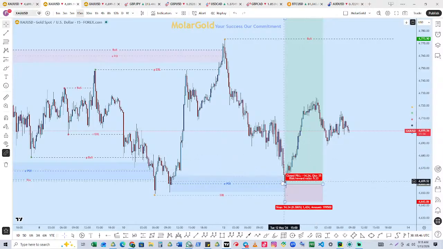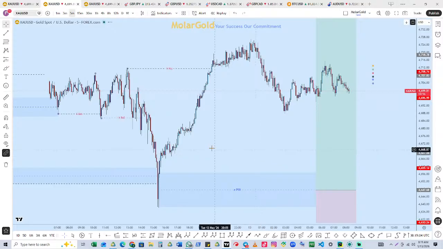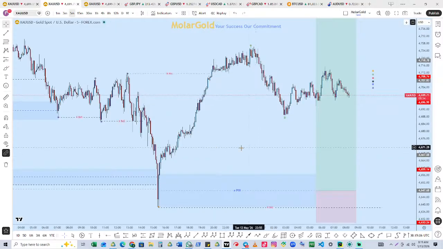That one, the stop losses are very small and tiny, right? So I just did this as a forecast, and you see it went all the way to candle 1, even though the stop loss is very huge. Now let's get into the 5 minutes. So we are going to go into the 5 minutes and I'm going to explain.